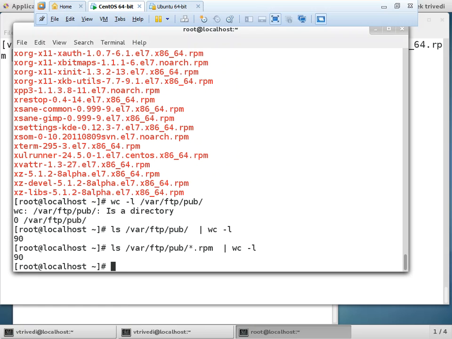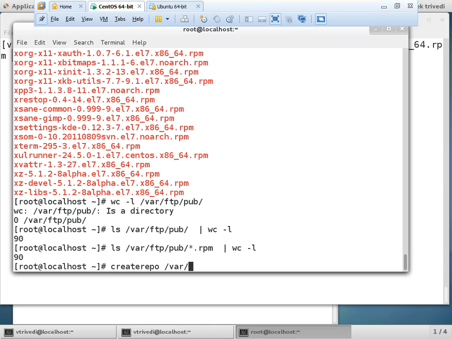So there is no repodata folder here. Let's check /var/ftp/pub. There is no repo. There is nothing beginning with R. There is no repo file. Okay. So when we are executing our command createrepo, create repository, if you don't have this command, then you need to install 3 packages first. Then you will get it. But generally in Red Hat 7, if you have a graphics setup, you have this already on your system. So createrepo